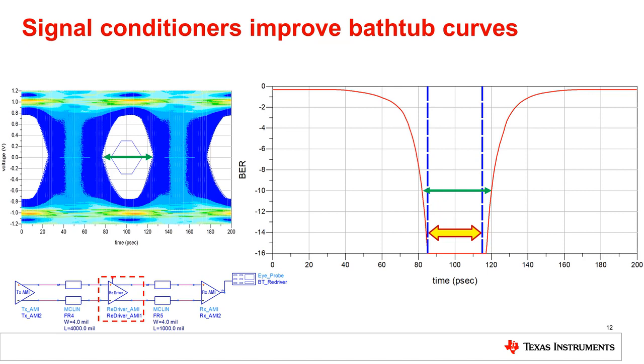If the BER of e to the negative 10 is not sufficient for your design, we can add a signal conditioner, like a redriver, to improve the result. Looking above, we have added a redriver 4 inches from the transmitter and 1 inch away from the receiver. In the bathtub curve, we can see the improvement in the eye width at e to the negative 10, and it allows the system to reach a BER of e to the negative 12. Also, adding the signal conditioner moves the system limitations down to e to the negative 14, where the eye width violates the minimum bit timing. Redriver placement can also impact these results.